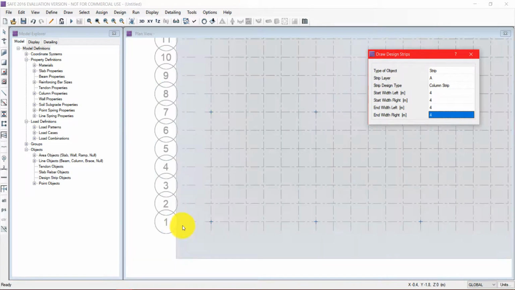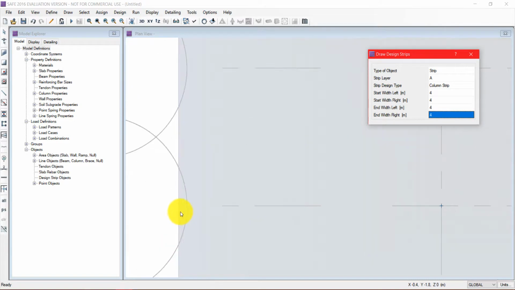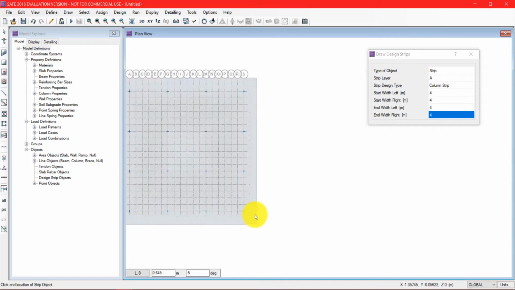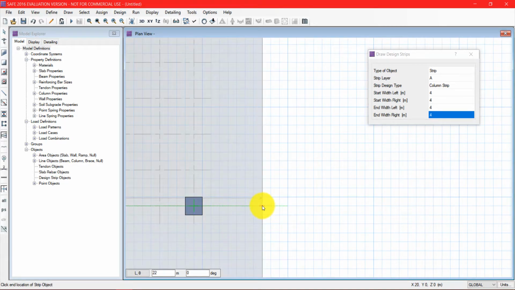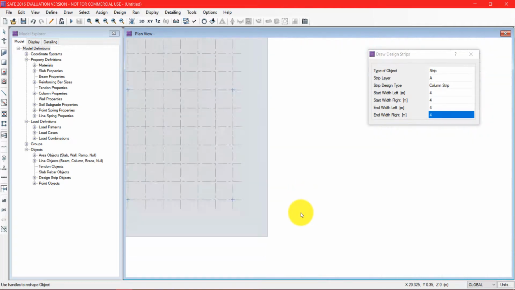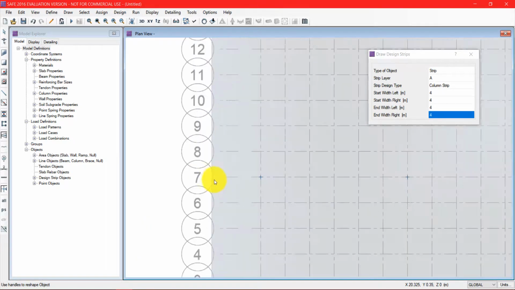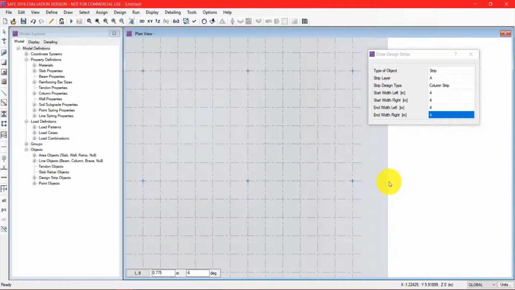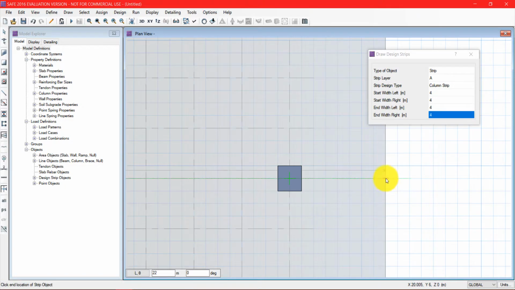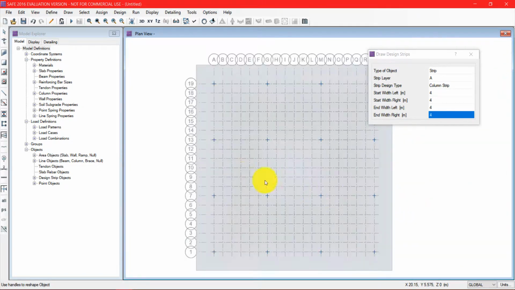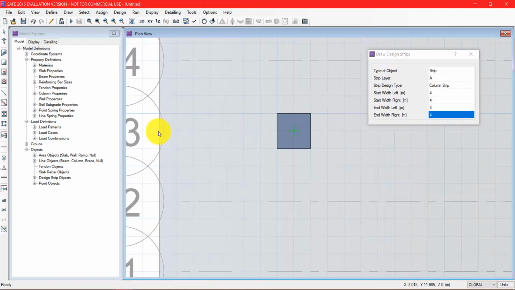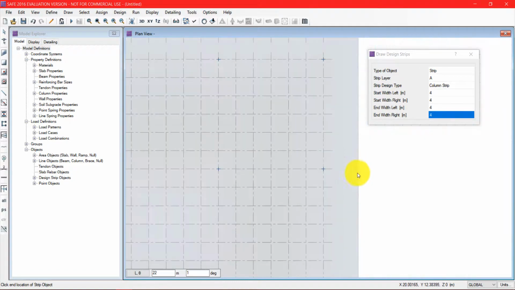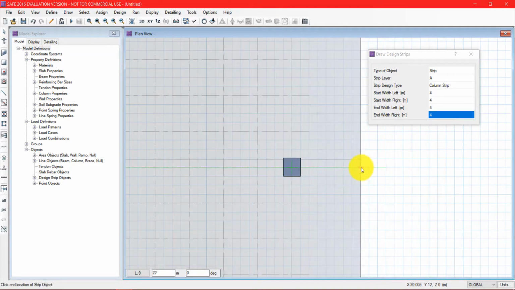This could be a little complicated because we have to zoom in and get the exact point. We have to do this carefully or else the lines will move up or down.